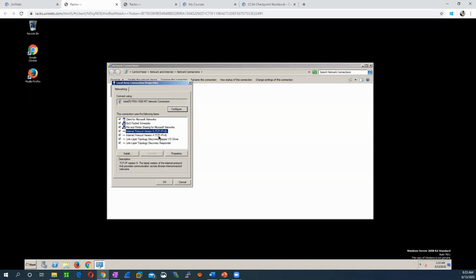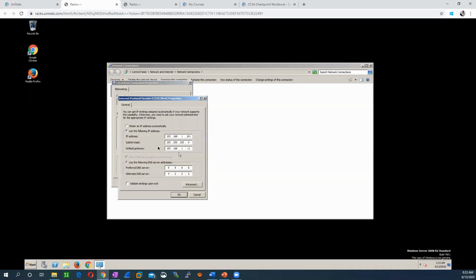So IP version 4, then go to properties. Okay, its IP address is 192.168.1.101. We need to change the gateway, we will change it later, and DNS as well.